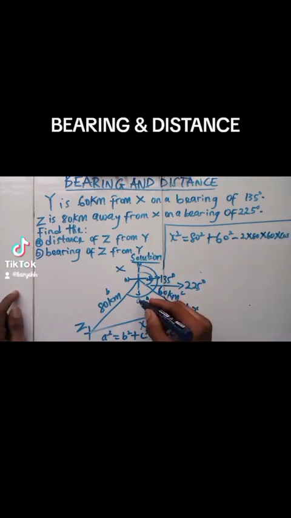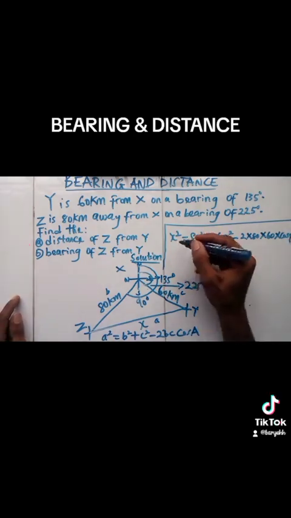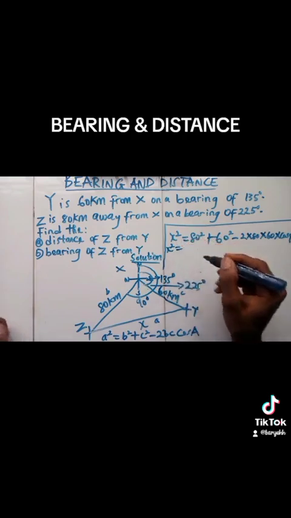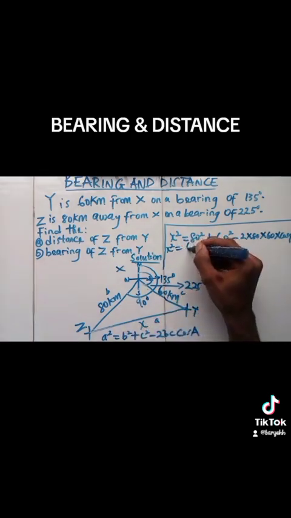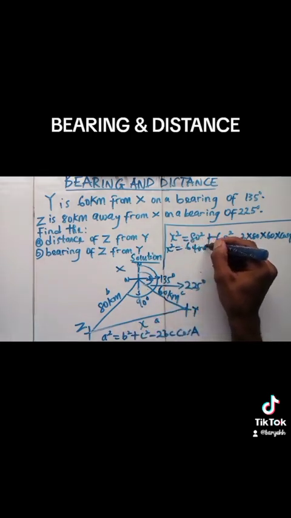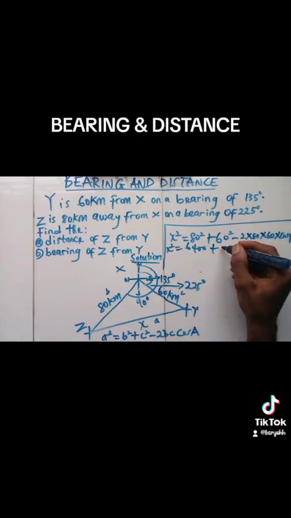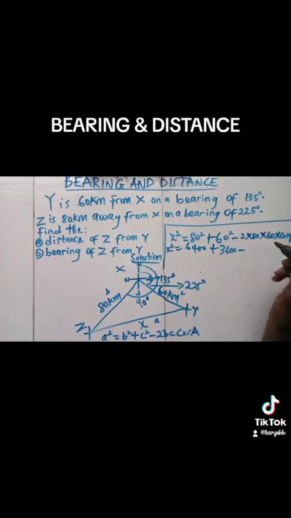A is 90 degrees, so that is cos 90 degrees. So x squared will be equal to 80 squared, which is 6,400, plus 60 squared, that's 3,600, minus